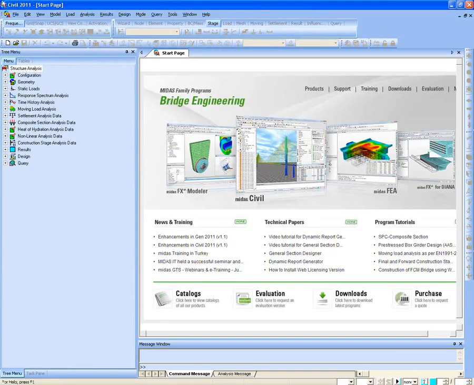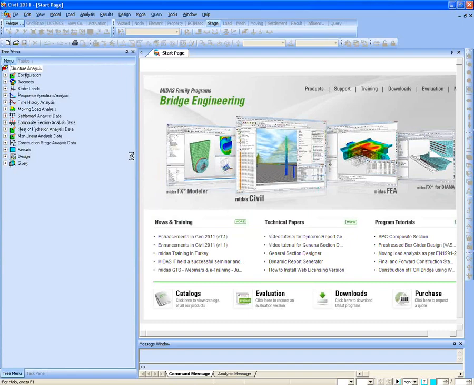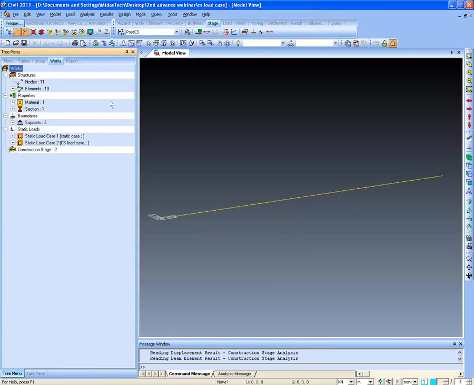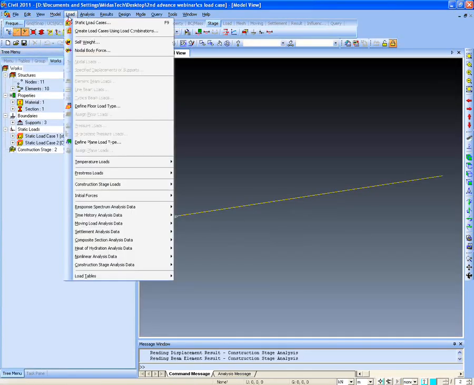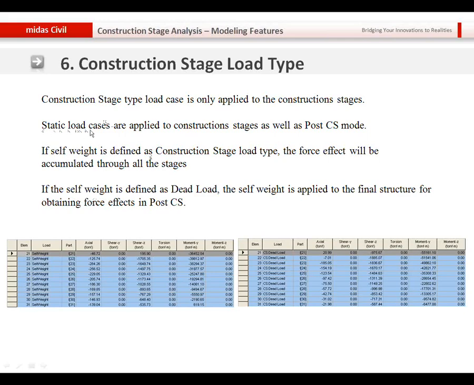So I have opened another work window of MIDAS Civil, and now I will open the model that I have prepared to demonstrate the difference between the CS load and the static load. Basically, the difference is that the static loads are applied to the construction stages as well as the post-CS mode, but here in the post-CS mode the static load is applied to the last structure, and hence the results, if